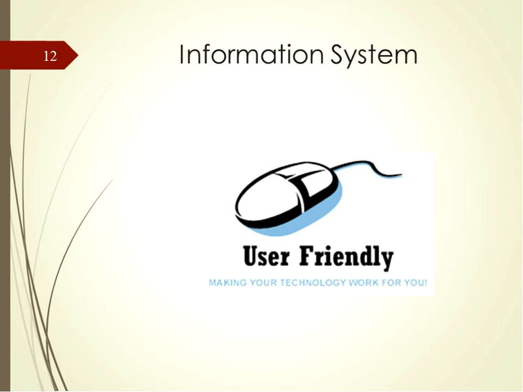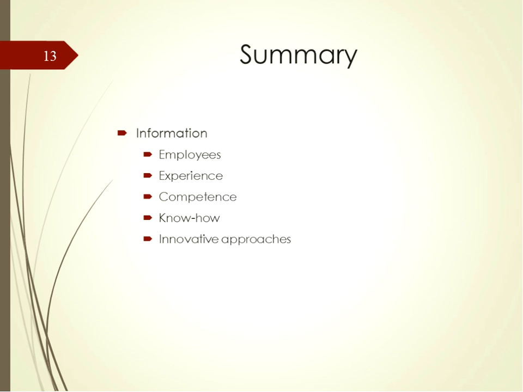An information system should be a user-friendly entity that provides the right information at the right time in the right place. User-friendly means that the system is compatible with its intended user's ability to use it easily and successfully. Organizations are recognizing that their most precious asset is their information, represented in their employees, experience, competence, or know-how, and in innovative or novel approaches, all of which are dependent on a robust information network that encompasses the information technology infrastructure.